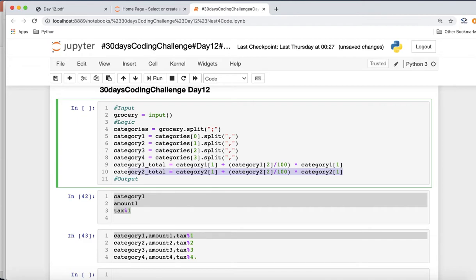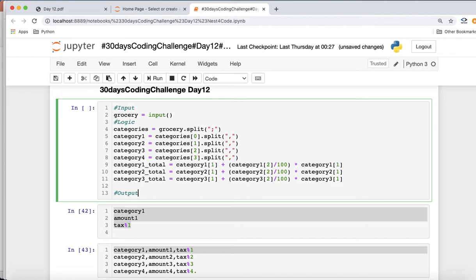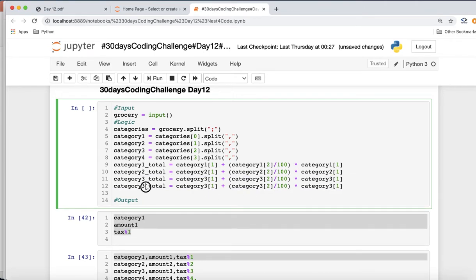So we can just maybe copy this part, right? We can just copy this and paste this. So it will be category 3 total. Here we'll be using it from category 3, here also it will be from category 3, and here also it will be from category 3. So this will be the category 3 total. Similarly we'll get category 4 also. So we'll just copy this code and do it for category 4 also, right? So this will be category 4 amount, this will be category 4 index, sorry, text, and this will be category 4 amount. Okay guys, so now we want to get the total bill.